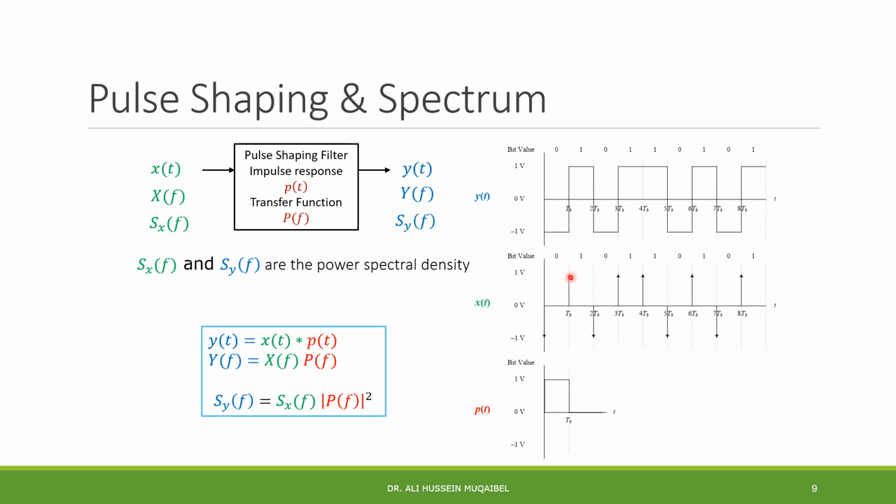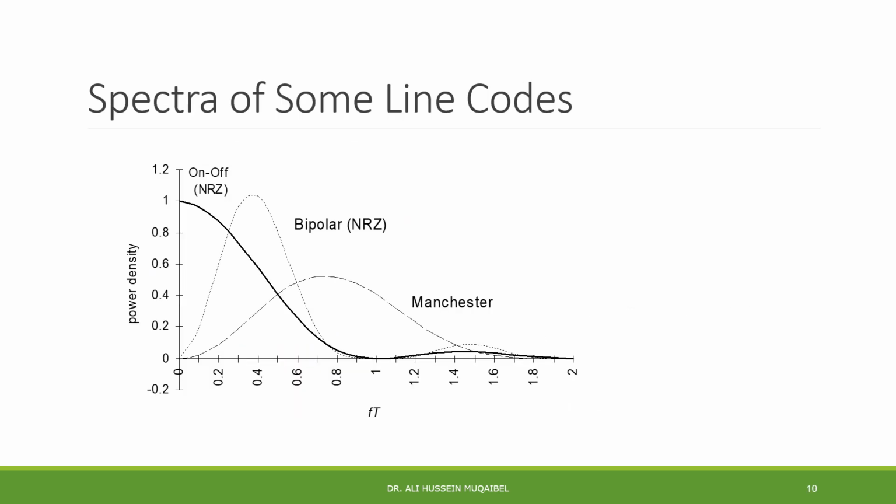This is determined by the line code. Are we going positive or negative? Are we just going positive? These are the transitions, and the pulse shape will have an impact. The transition is determined by the line code. Without going deep into the math, we are just going to look at a comparison here. Remember that usually the ones that have DC